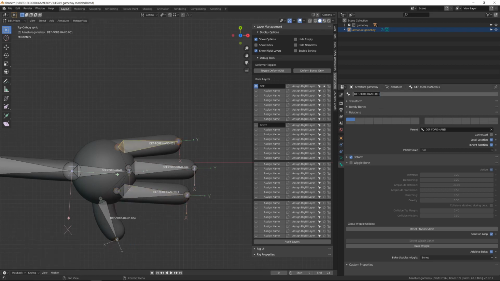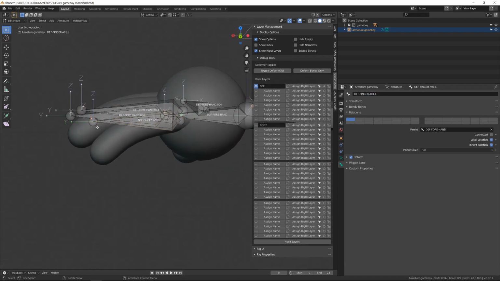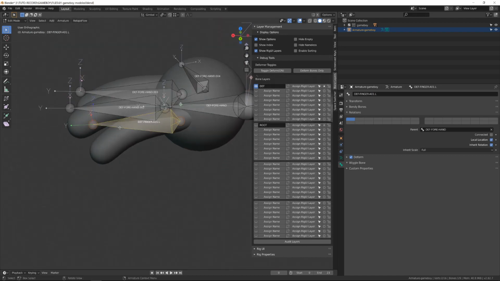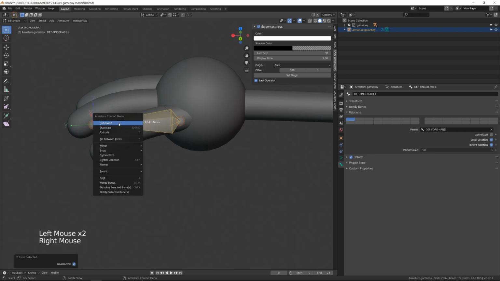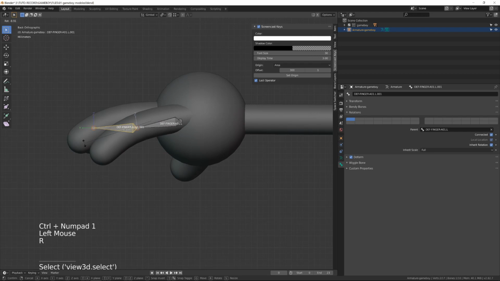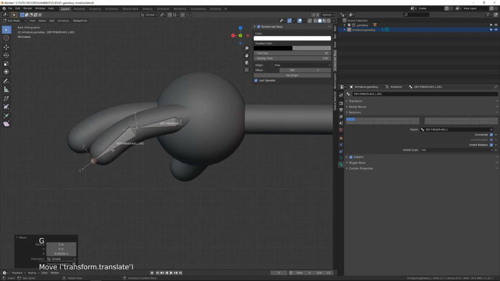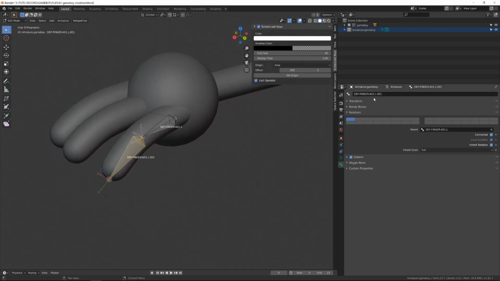I will identify each finger using the A, B, C suffix onto their name, then add the .left or .l suffix. Don't forget to often rotate the view so that you can see your armature through every angle. I've pressed Shift H to hide every bone but this one, and I will right click and choose Subdivide to cut it in half. I will then place each joint properly.